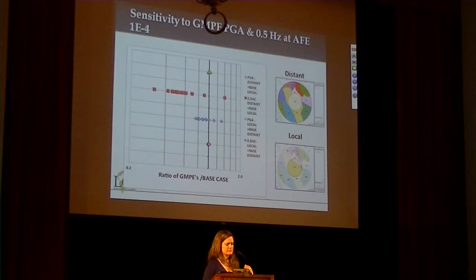If you look at this, these results do make sense: for the distant source effects, half a hertz is more sensitive to hazard. You see a larger distribution. PGA is not sensitive to hazard at distant source effects, so you can see that there's very little distribution. For the local, it's the opposite. PGA is sensitive to hazard, so you see more of a distribution. And for half a hertz,